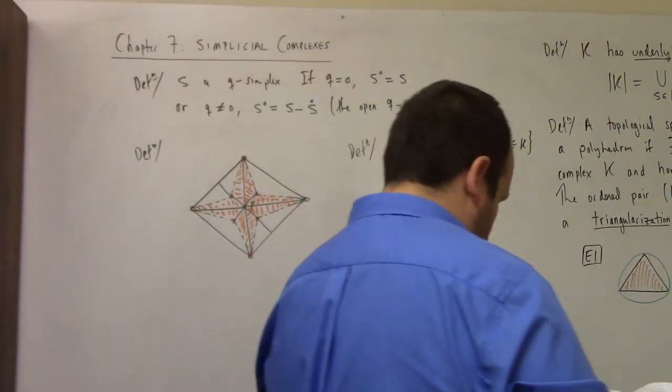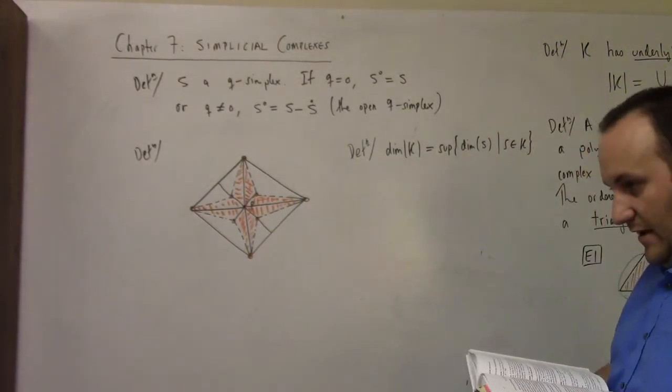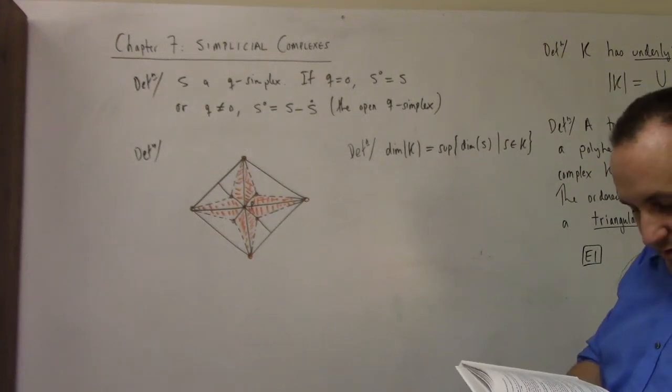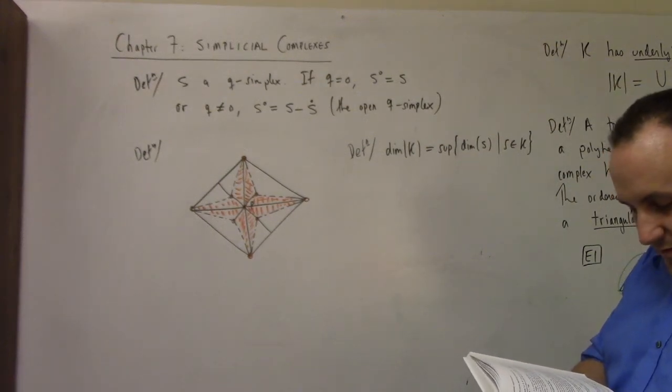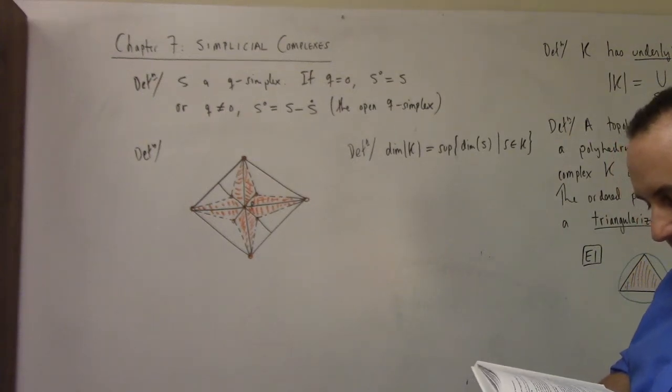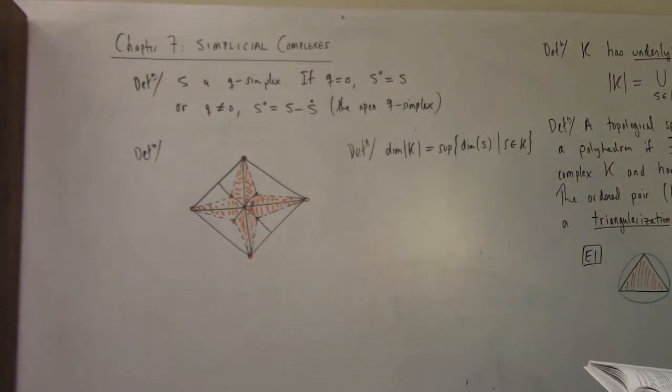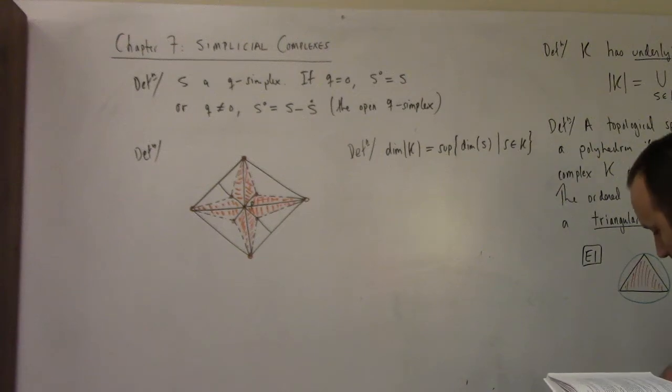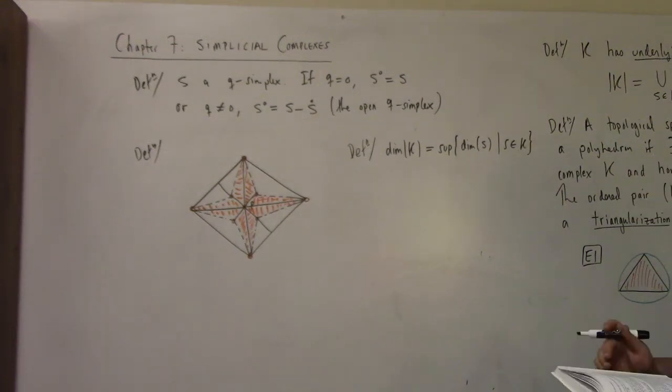Okay, anyway. Invariance of dimension. If K and L are simplicial complexes, and if there exists a homeomorphism from the underlying space of K to the underlying space of L, then the dimension of K is equal to the dimension of L. All right. So your theorem